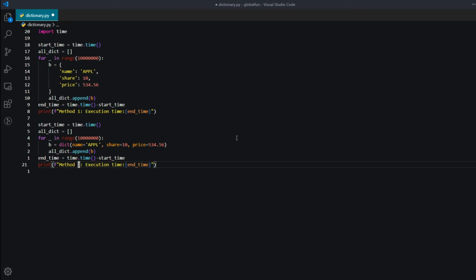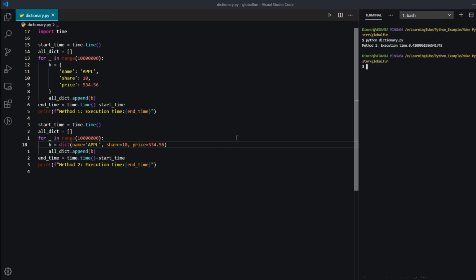This is a much shorter method, and here we don't have to worry about the curly brackets and single quotes. So this is a very elegant method, but let's see how much time it takes to run.